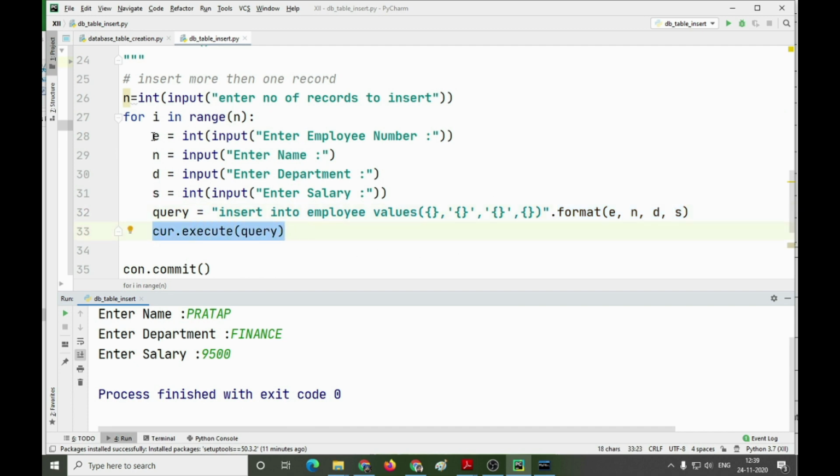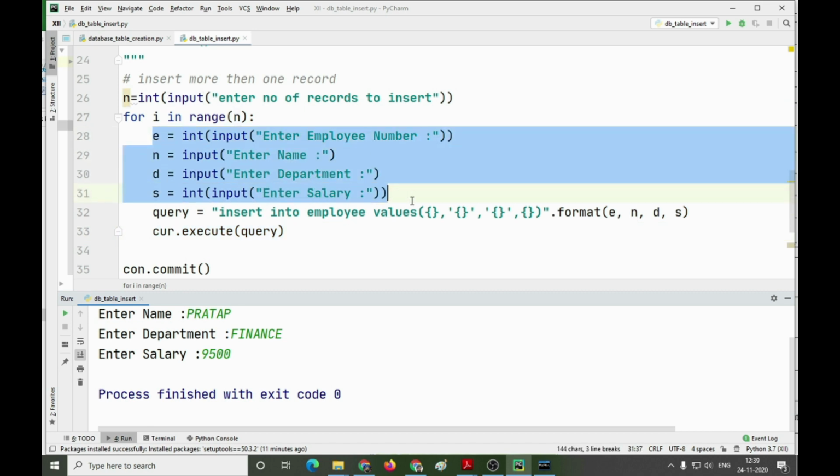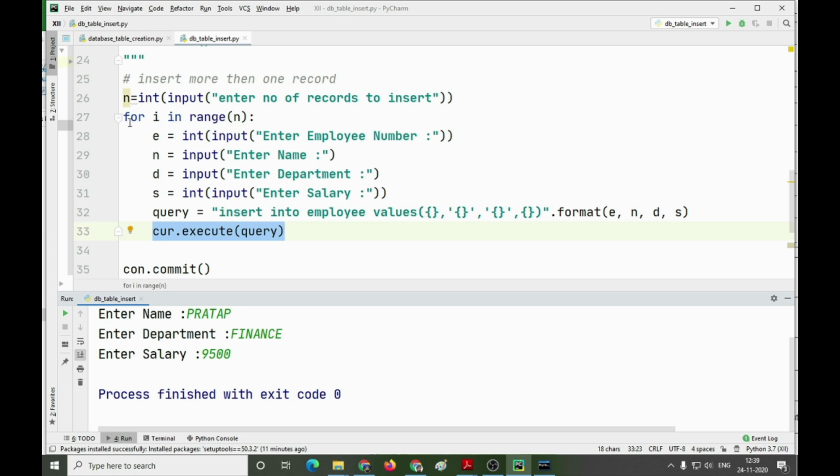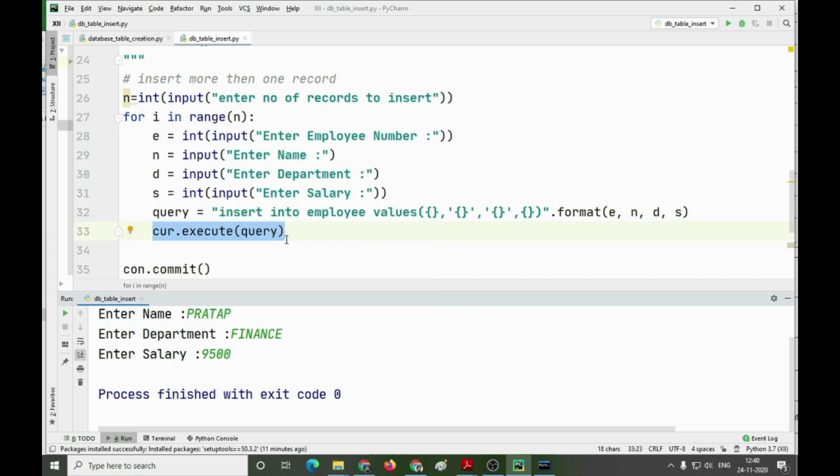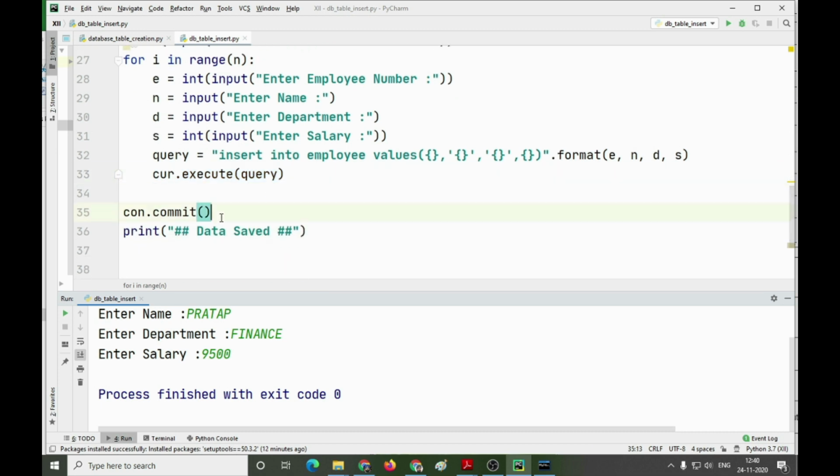Each time the values will be accepted from the user, each time this query is going to be executed, and ultimately when all the values have been transferred to the table, at the end you are committing. That means you are saving it permanently, and all the values which we have stored will be permanently saved into the table.